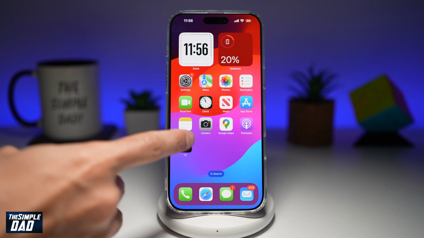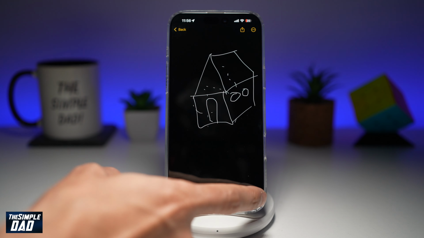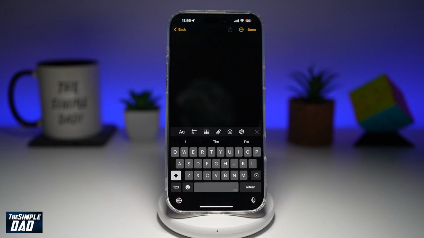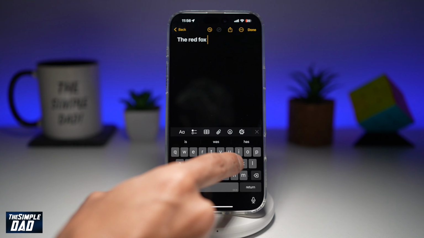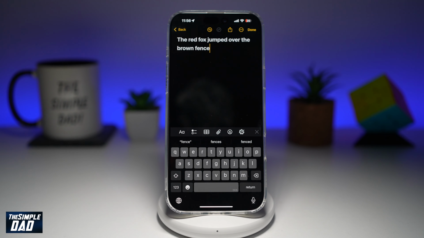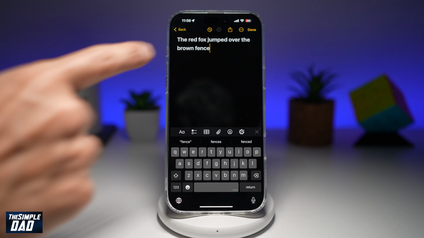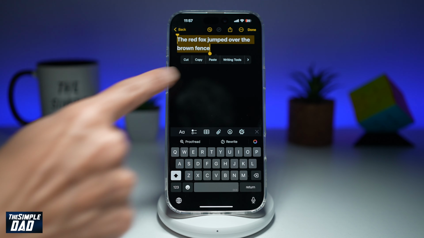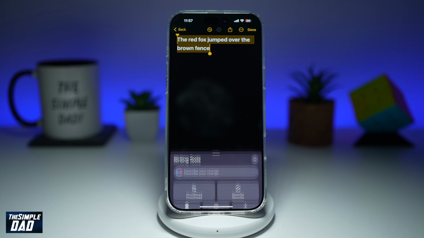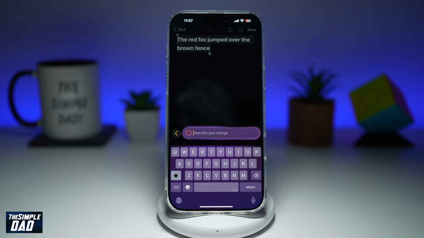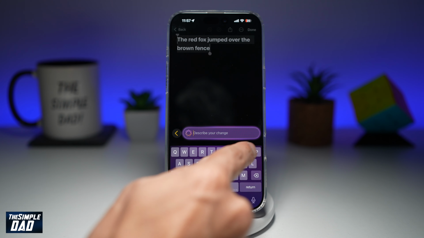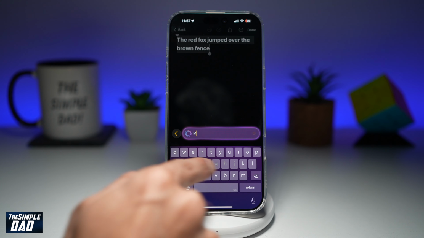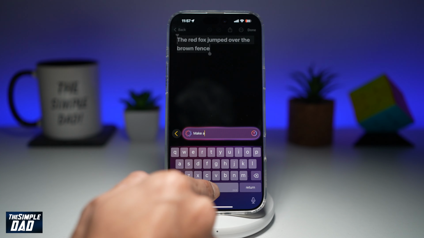So here I'll go ahead and open up Notes. I'll create one new note and I'll just put down some text. Now let's say I want to make this into a story, so I'll go ahead and select all of it. I'll select Writing Tools, and here I want to go ahead and describe your change. So I want to say, make a story